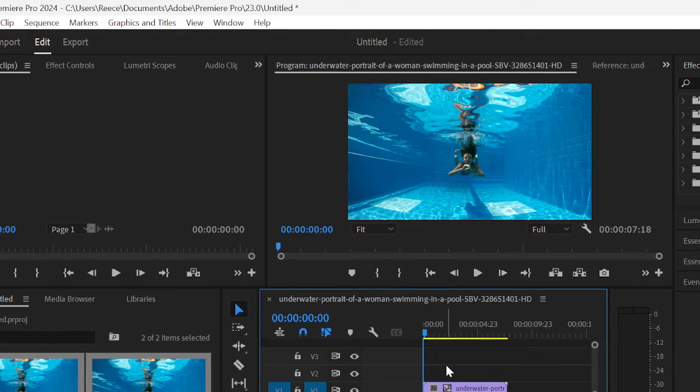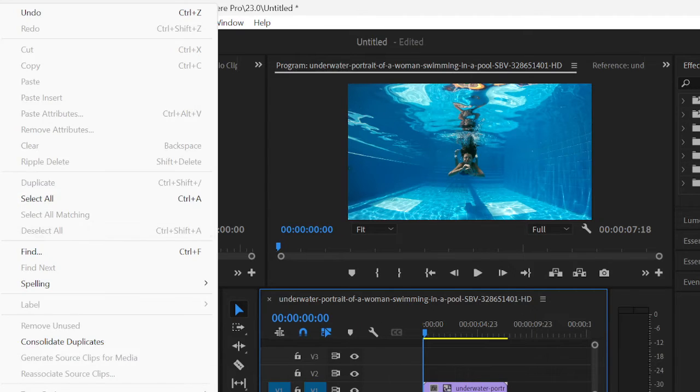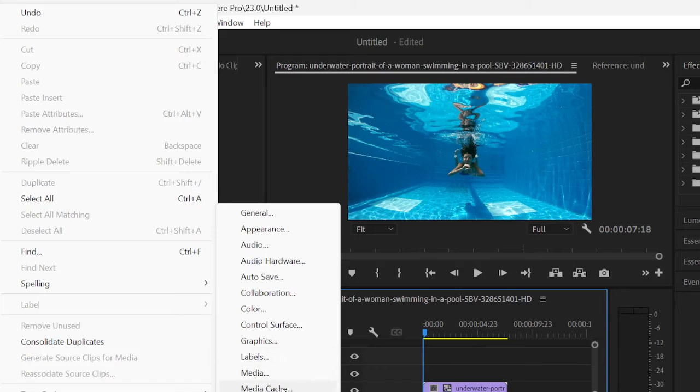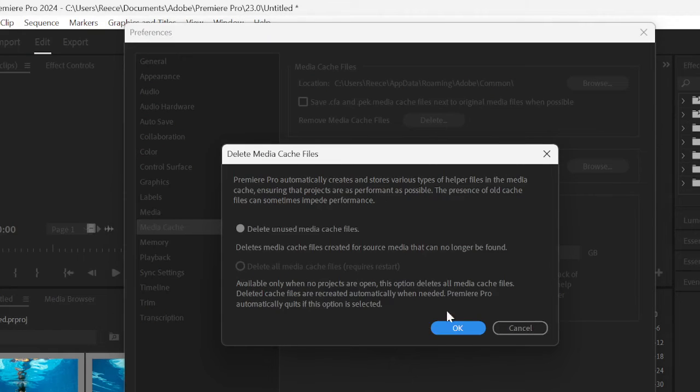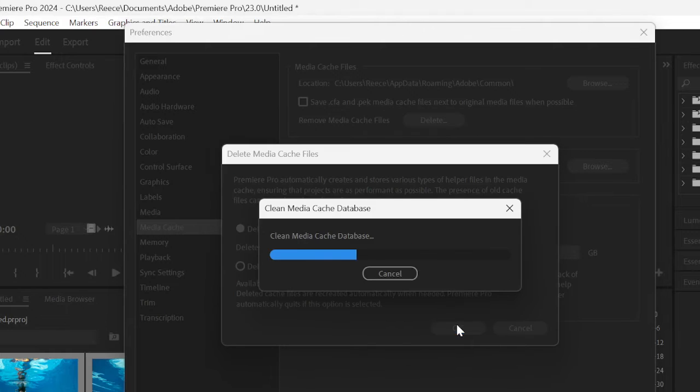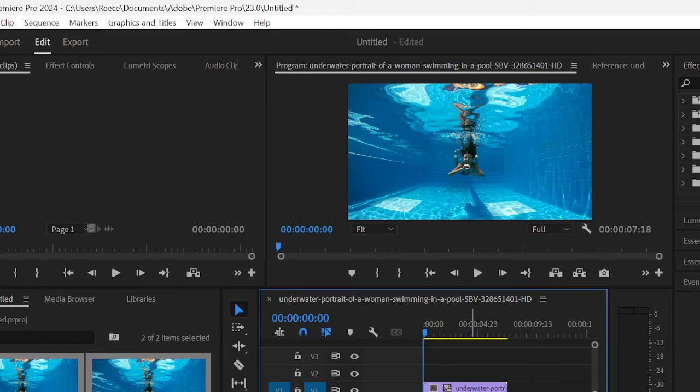Now if you're still experiencing issues, then the next step is to delete any existing media cache. You can do this nice and quickly by heading over to Preferences, in Edit, Preferences, and selecting Media Cache. And then just select delete and then press OK. Another proven solution is to find the clip that is causing the problem in the timeline and right clicking the